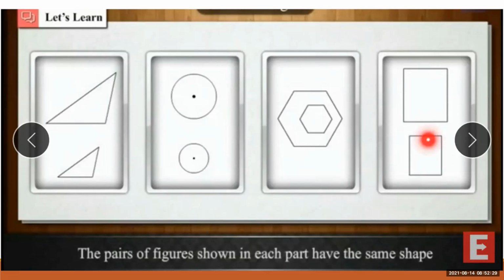But what's the difference between them? You can easily say that both are of